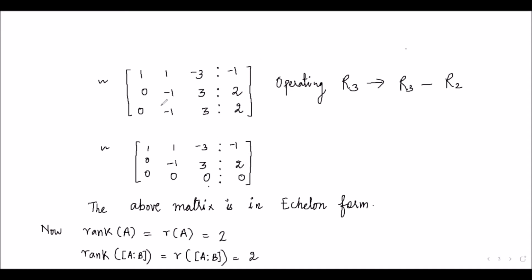And see here, still it is not in echelon form. If you observe it carefully, the second and third rows are similar. So we can make one row out of these two as 0. What we are doing? We are trying to reduce the augmented matrix to the echelon form. And what is the first condition of echelon form? That the zero rows are present below the non-zero rows. So instead of making the second row a 0 row, what will we be doing?